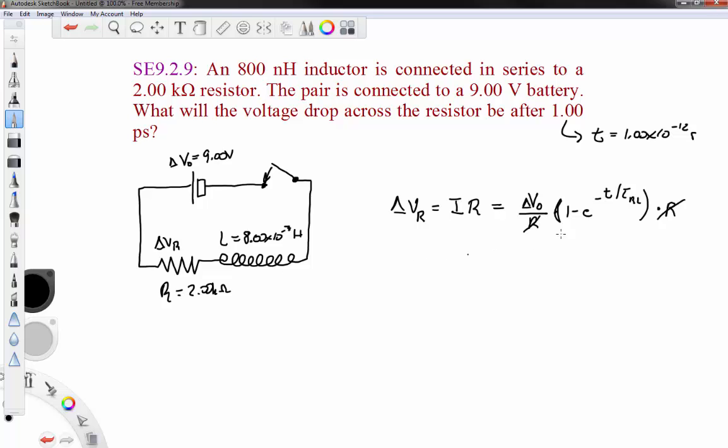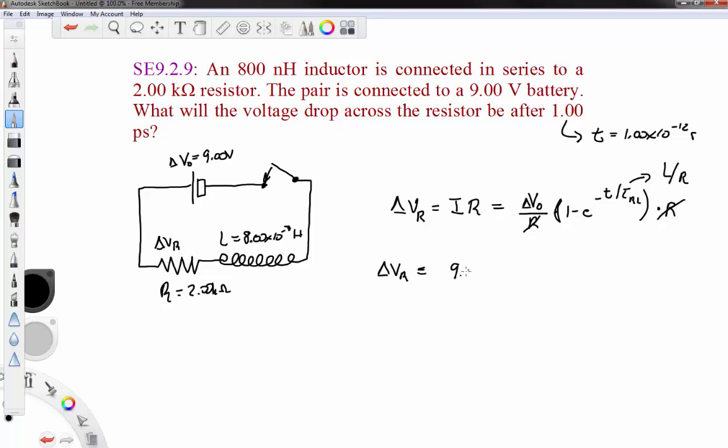And recall that this time constant is the inductance over the resistance. So the voltage drop at this time is the maximum voltage drop possible,